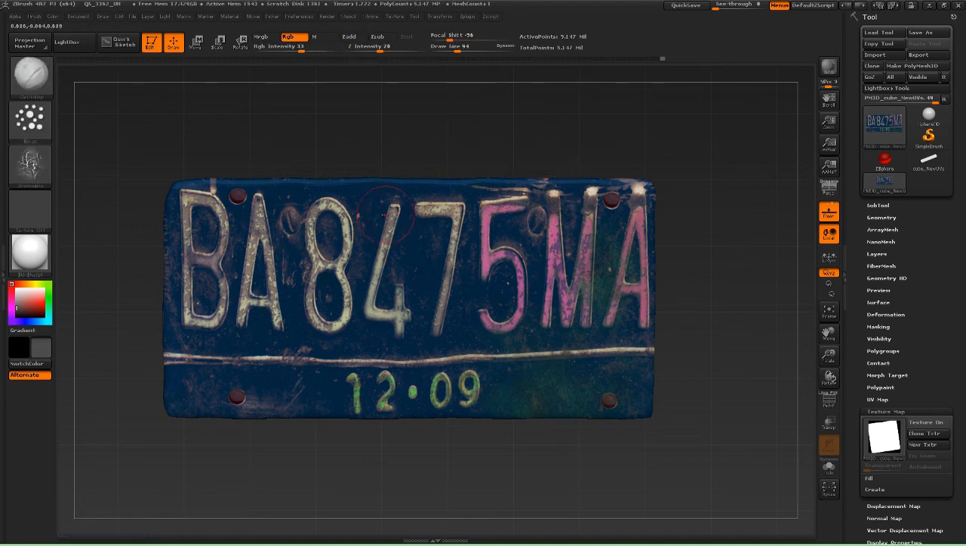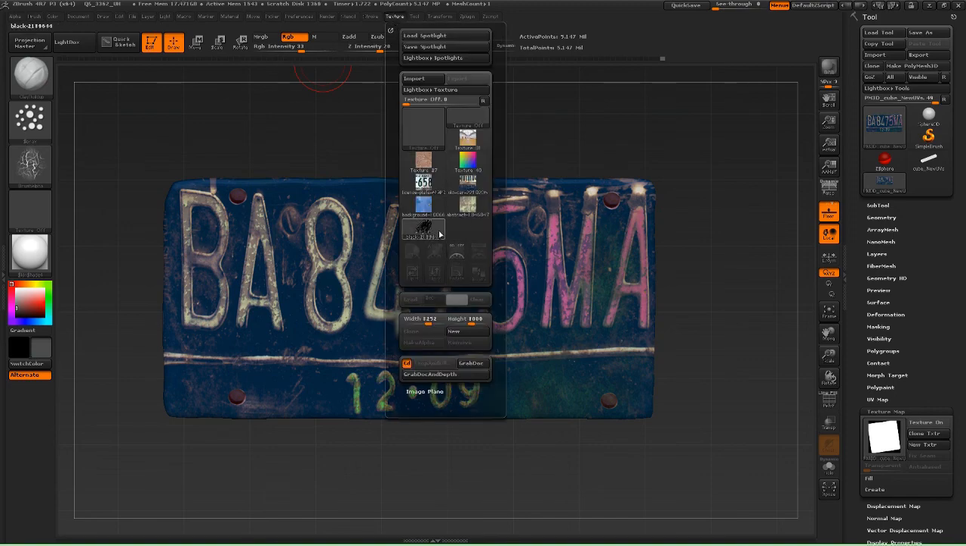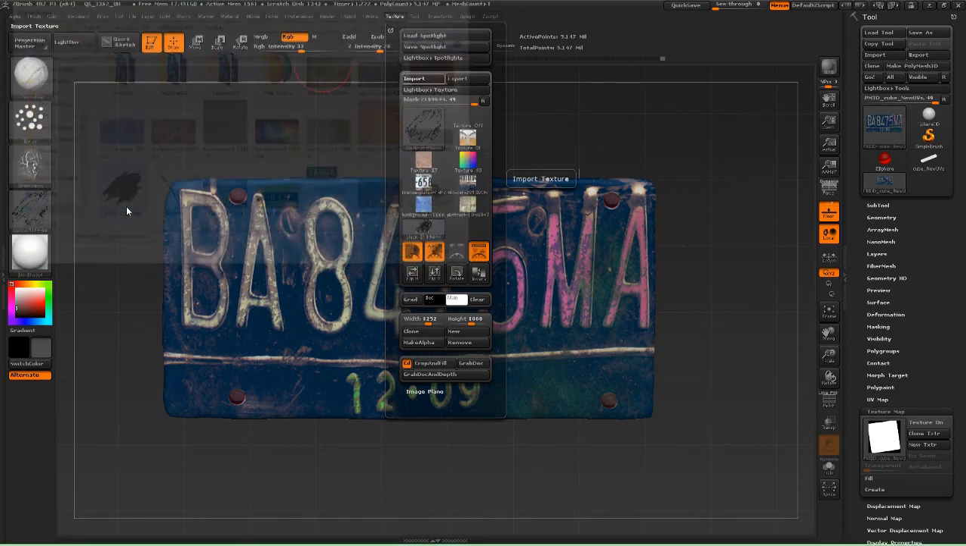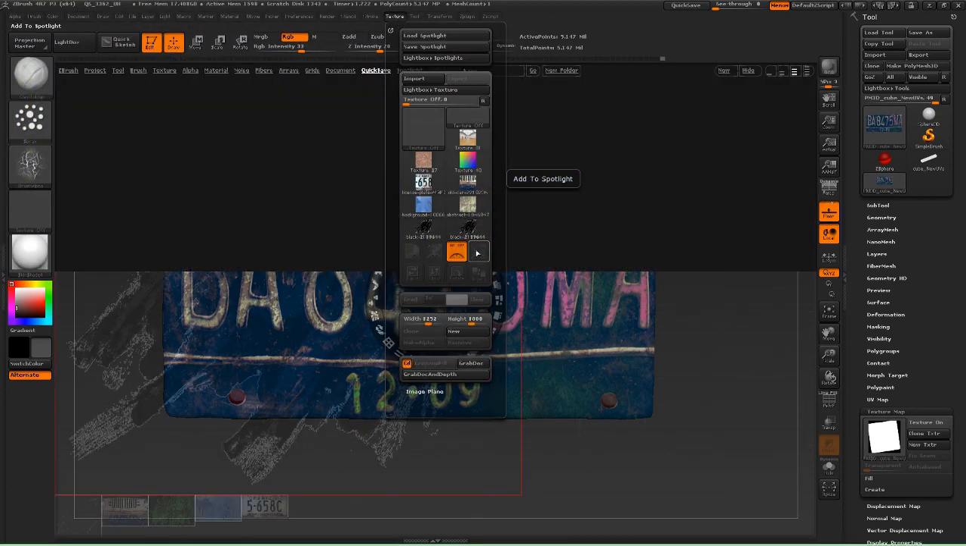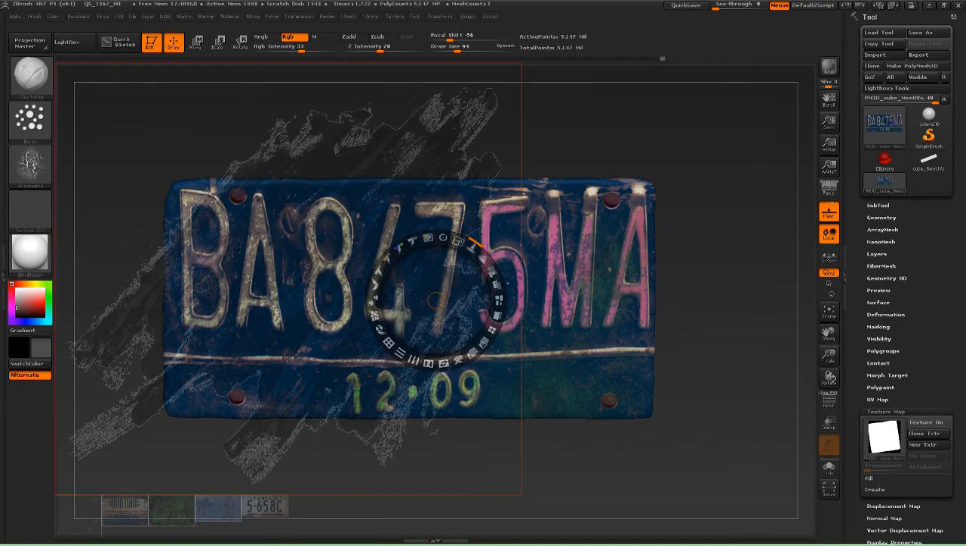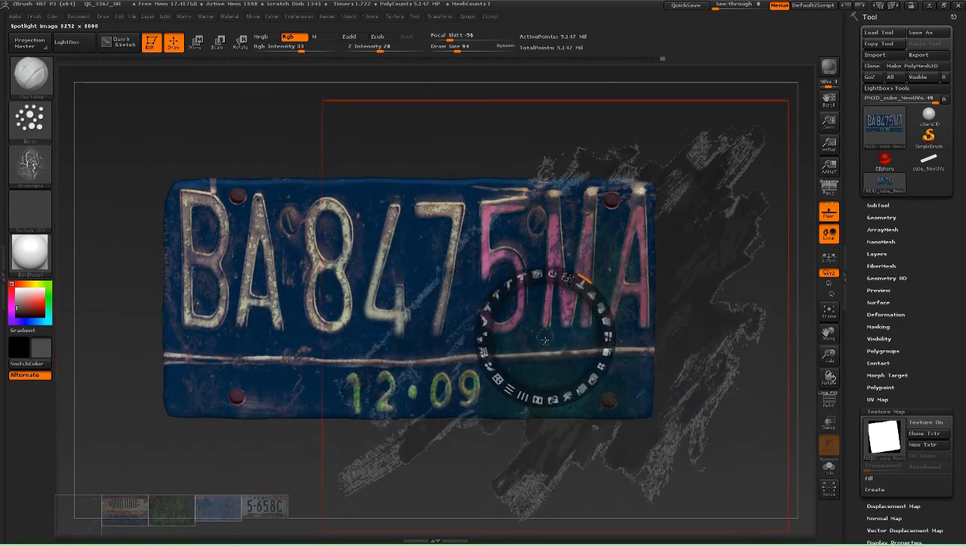Let's load that back in. Import black texture. Select the new texture. Add that. Okay. Probably